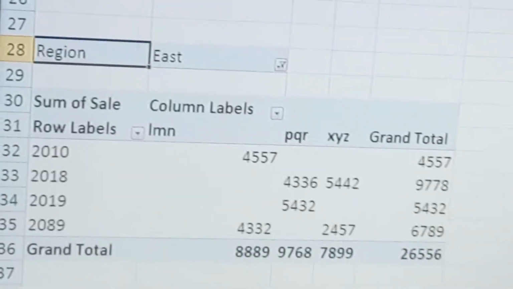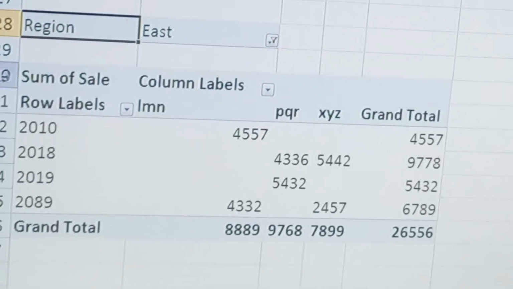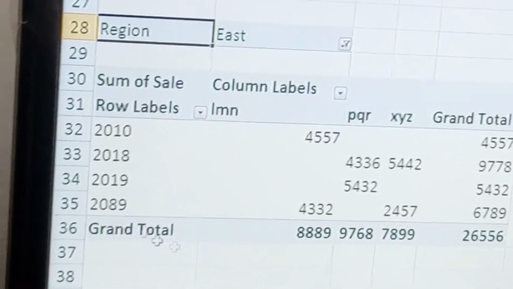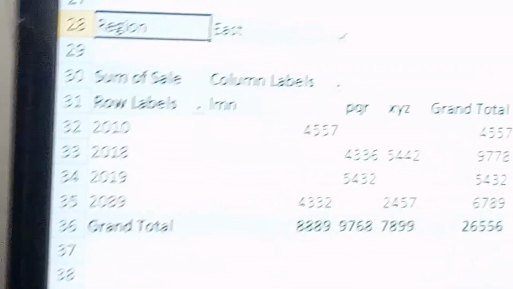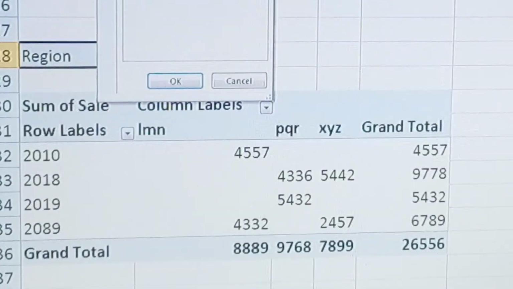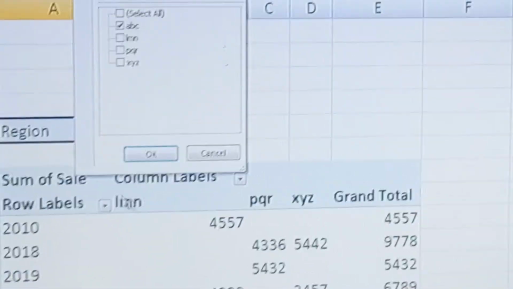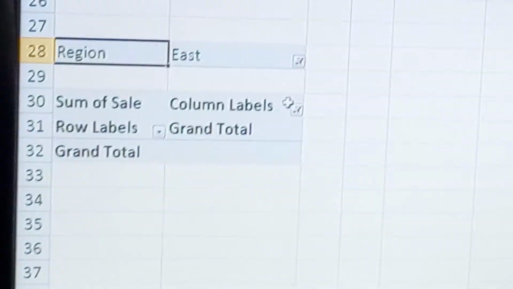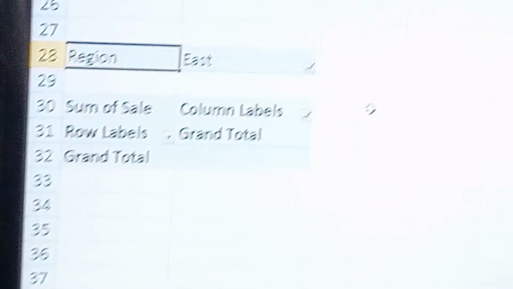Now it shows each region, different years and their sales. And suppose you want to see the sale of ABC in the east region. In the east region there is no ABC.